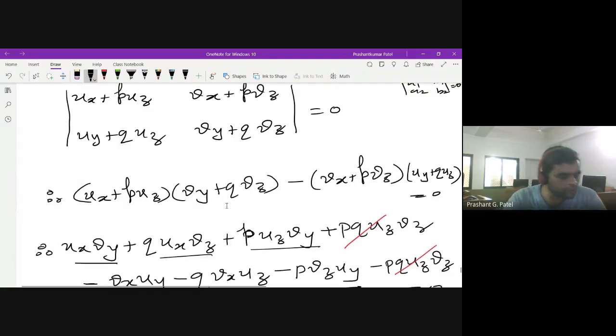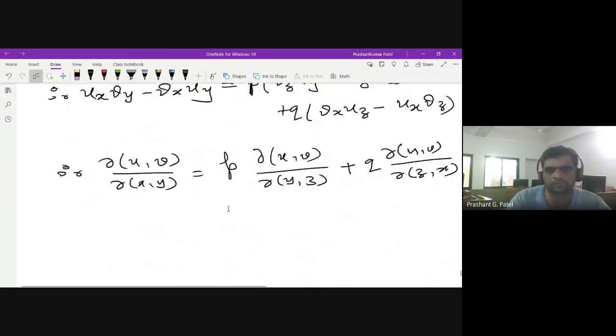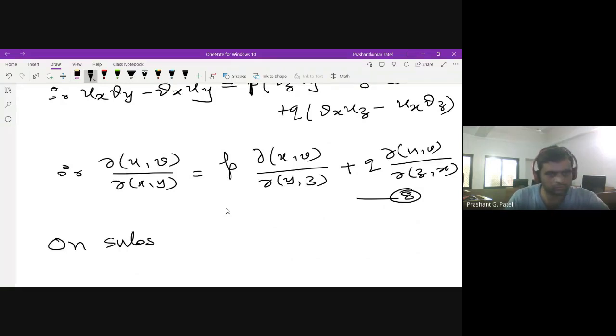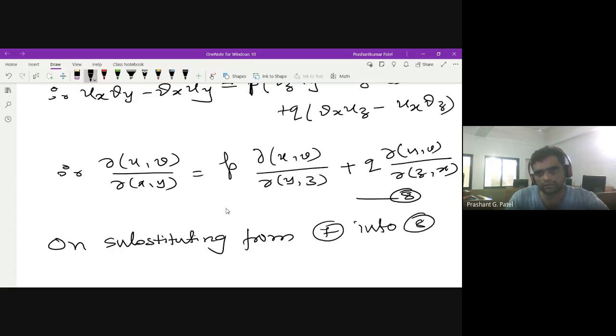So if I substitute from 7 into 8, then what do we get? This is my equation number 8. So on substituting from 7 into 8,